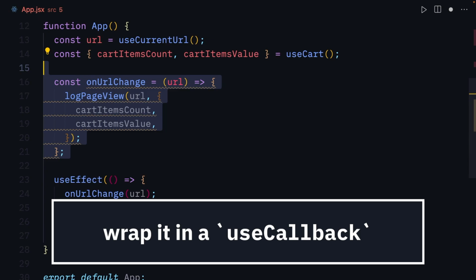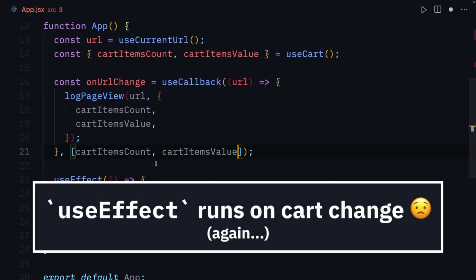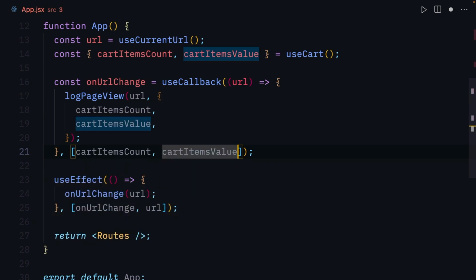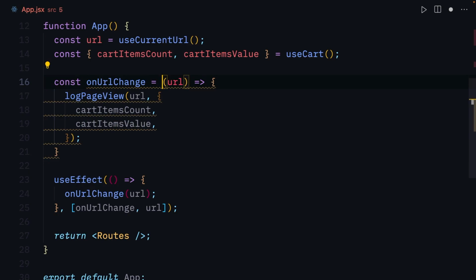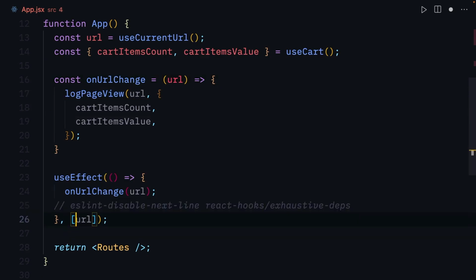Wrap the function in a useCallback hook. But when we do that, we're going to bump into a similar issue. React is going to force us to include the cart related variables in the dependency array of the useCallback hook, which is then going to cause the useEffect to run whenever the cart changes again. So let's revert this piece of code because it didn't do what we wanted either. Now it seems like it's time to accept defeat, remove the onURLChange function from the dependency array, and suppress the annoying ESLint warning. But I think you would agree that this doesn't feel like the ideal solution and